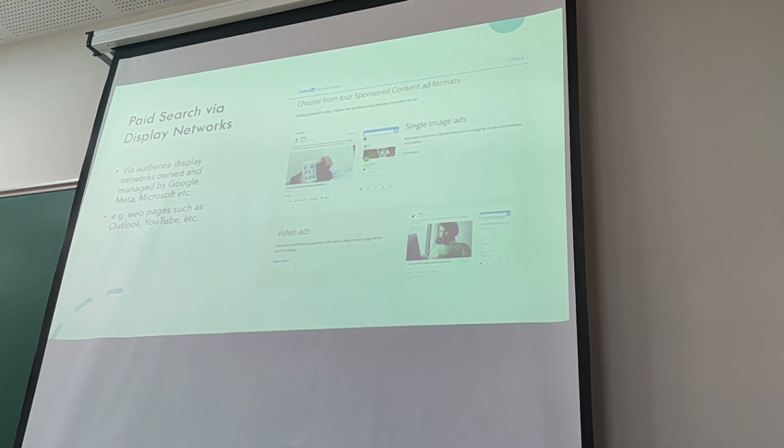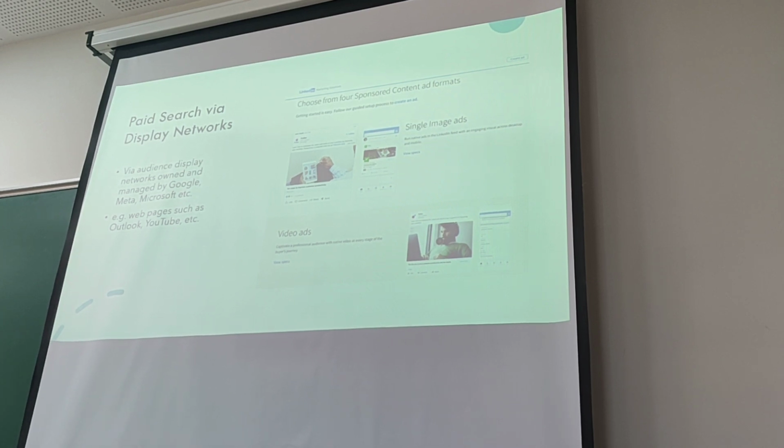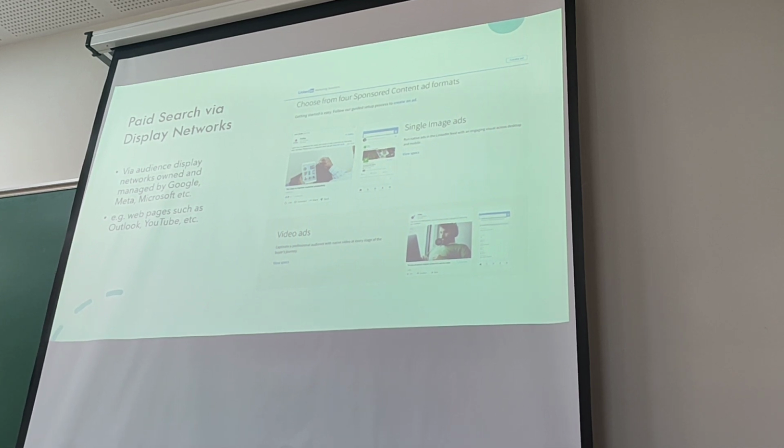But with display networks, it takes that negotiation out of your hands, and it's all managed by Google or Meta or Microsoft. So they will decide what ads are going to appear on websites, or rather their algorithms will do that.